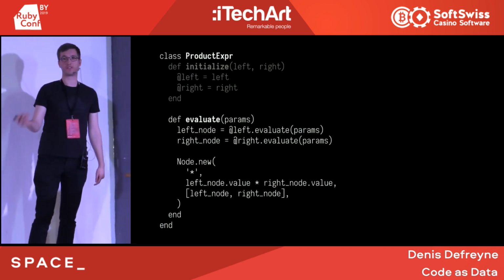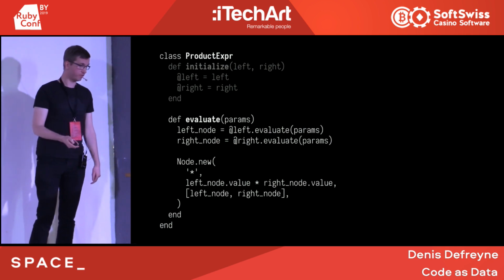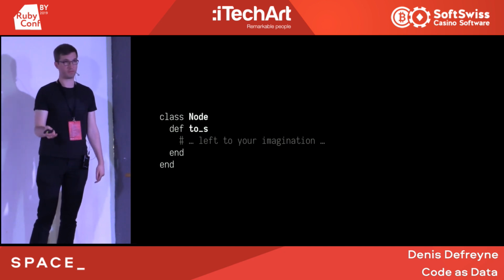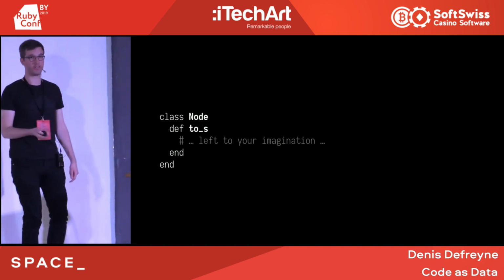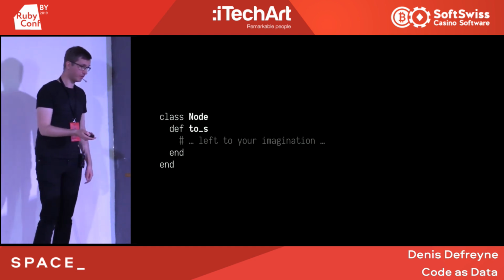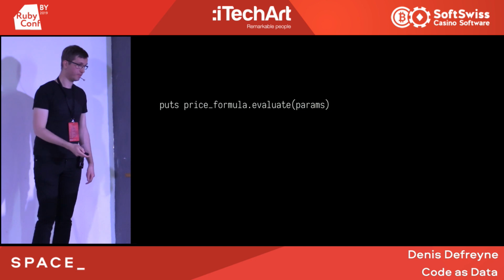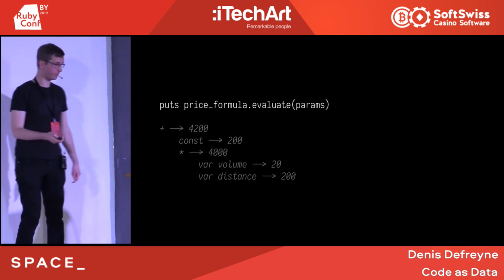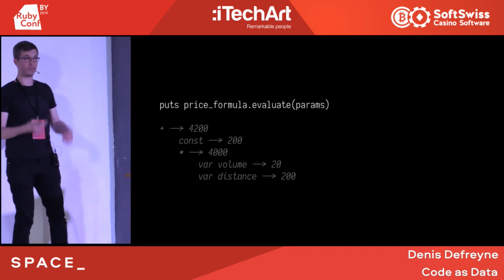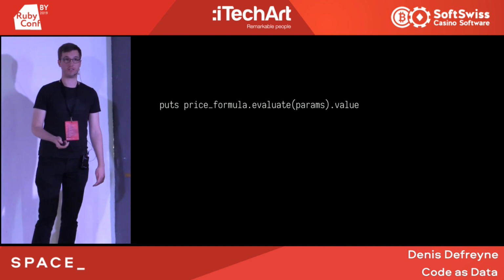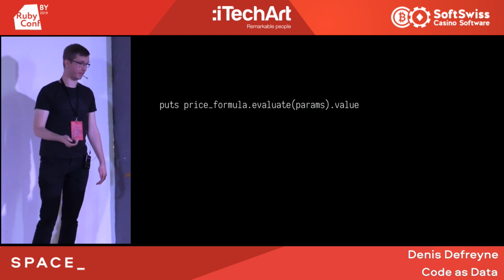We can implement to_s on node to return a representation. Unfortunately, I couldn't find a nice enough implementation of this to put on a slide, but maybe you can. And so when you evaluate an expression, a formula with some parameters, and then print it, you get something along these lines. You get the breakdown. If you don't care about the breakdown but would rather have just the value, then you can still call .value on the node that is returned, and you get the value out of it,